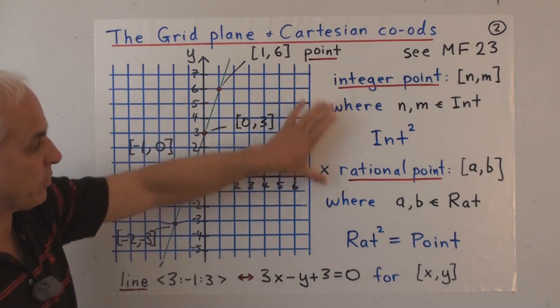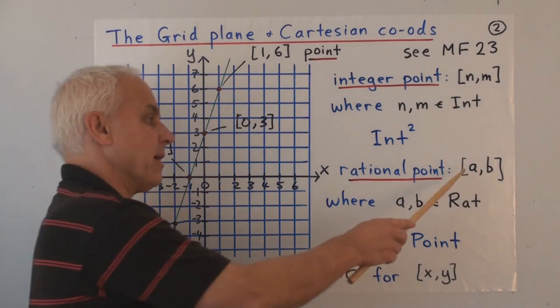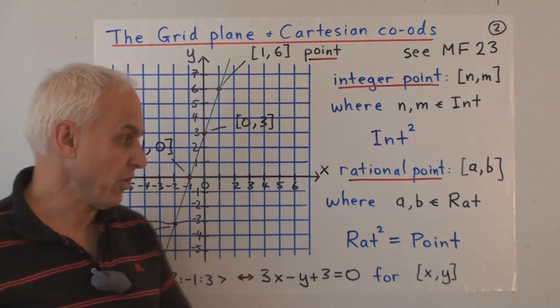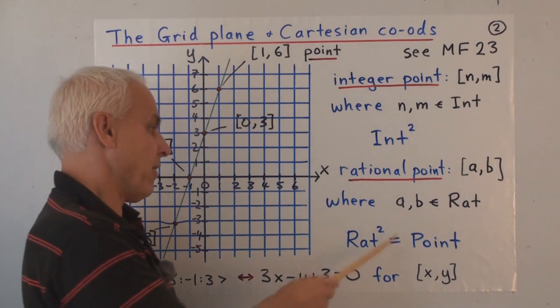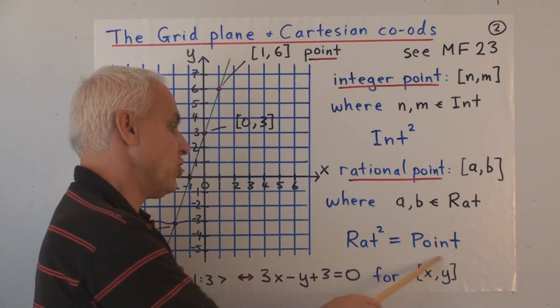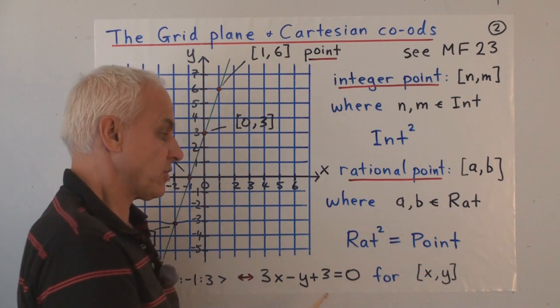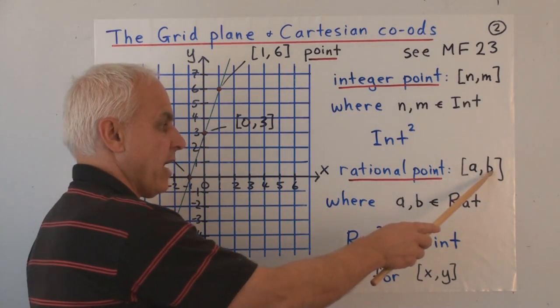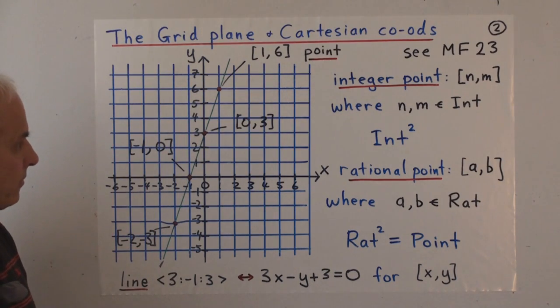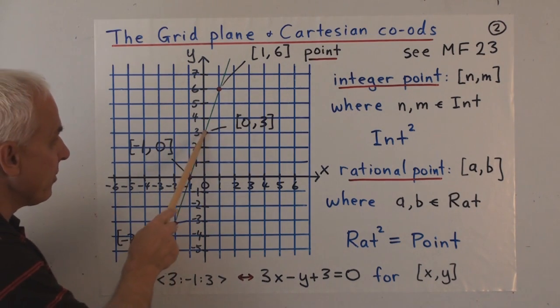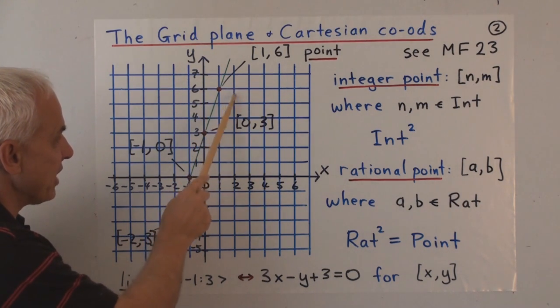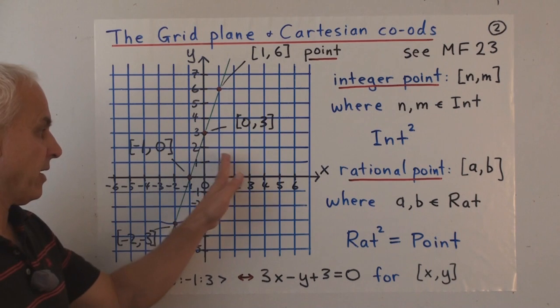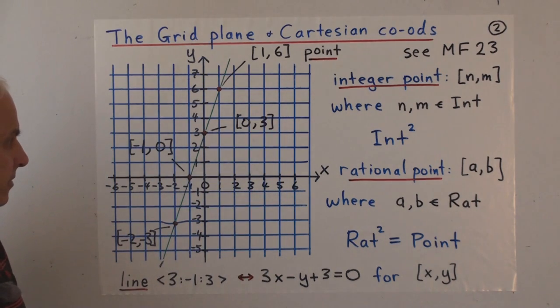And then a variant on that is when we do exactly the same thing, but we allow the numbers in the brackets to be rational numbers. In that case, we get a rational point, and this new type of object we can call a rat squared, or for simplicity, just a point. So a point is generally just a pair of rational numbers. So there's a point 1, 6, there's a point 0, 3, there's -1, 0, there's -2, -3. And we could also have talked about points which are not necessarily on the intersections, but sort of in other more random positions.